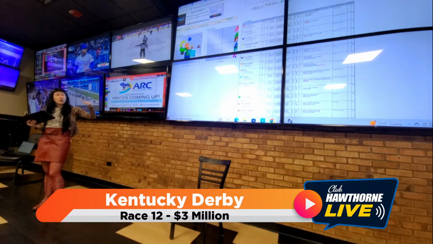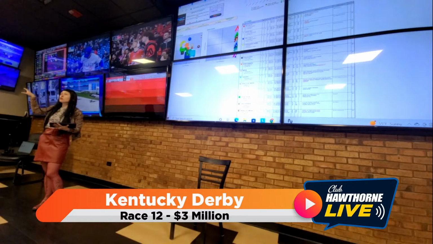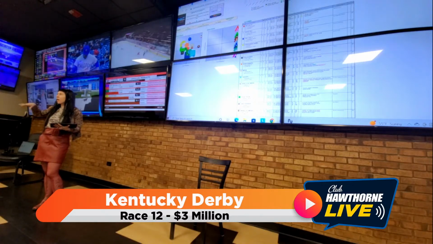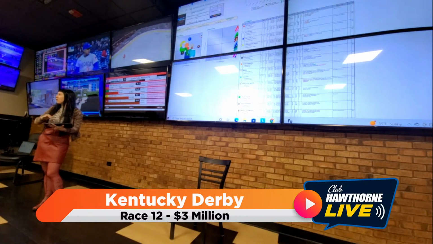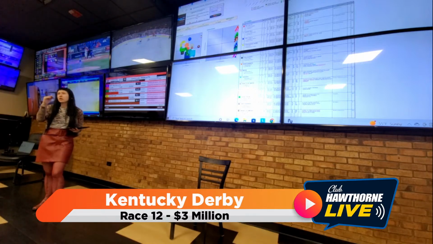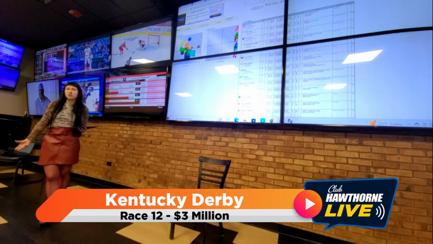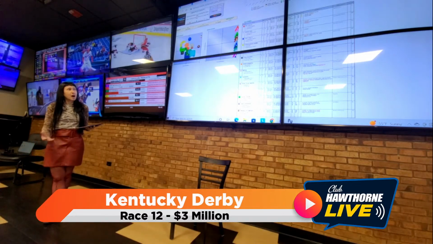a 108. So every speed figure this year has been faster and faster and faster, but not like these huge jumps that freak you out, where you're like, oh, he went from like 80 to 108. Like we could see a bounce or we could see some type of change. He's showing that he's a horse that has that consistency in terms of speed figures and class based on the